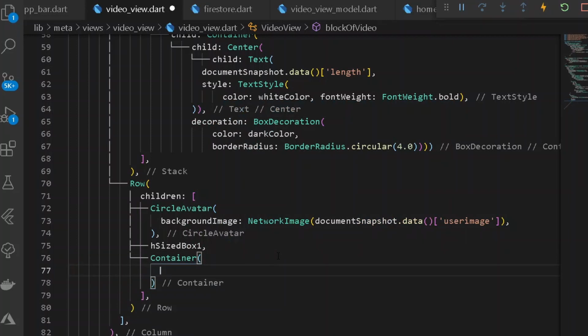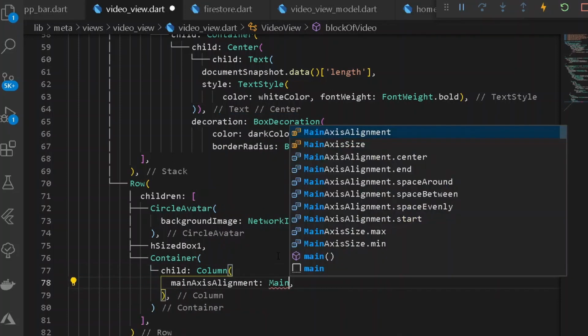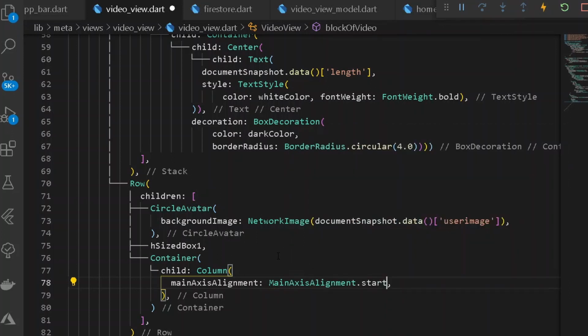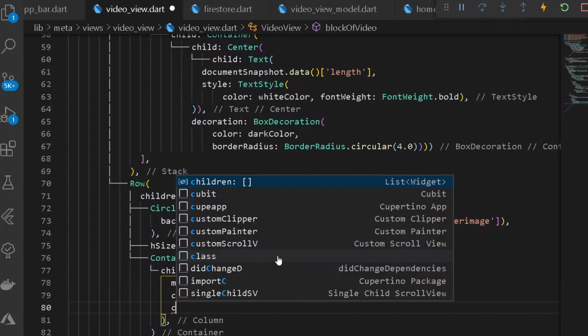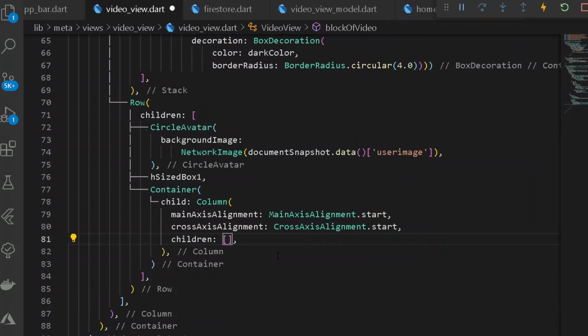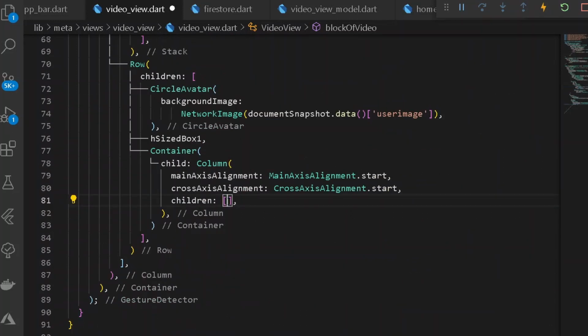Under the following container, let's have a child to be a column. Under our column, first of all, let's have a main axis alignment of start, and similarly we shall be having a cross axis alignment of start, and after this let's have all the children. So here under the case of children we can copy the entire text from here and paste it here, but